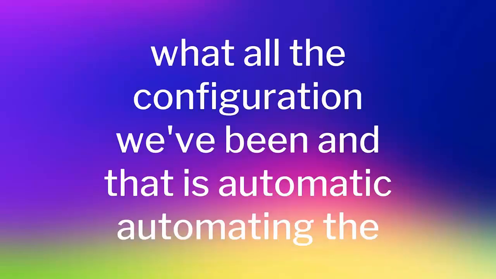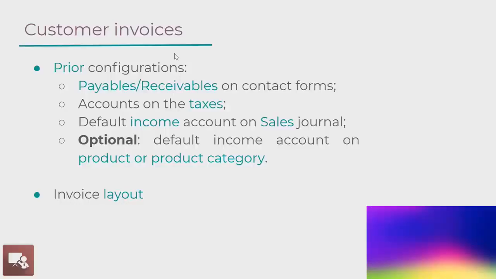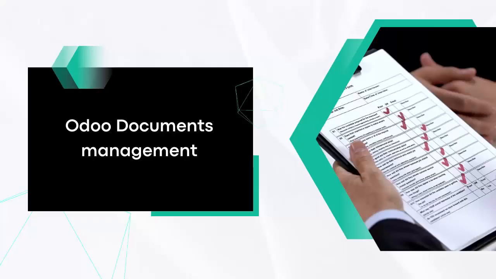In this video we're going to see what all the configuration we've been, and that is automating them. So let's start with the first basic configurations that you need to be sure to be sure you've made is make sure that you have payables and receivables on forms and make sure that these accounts are not deprecated in your chart of